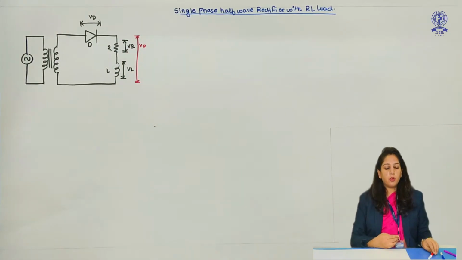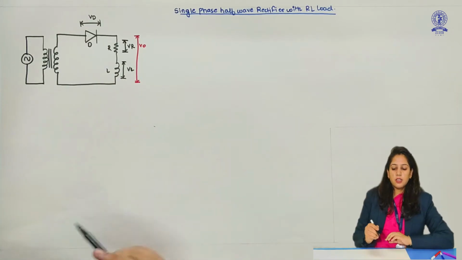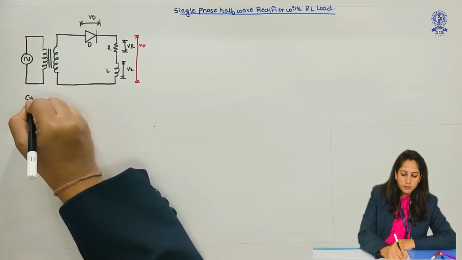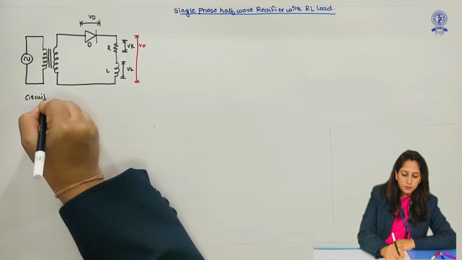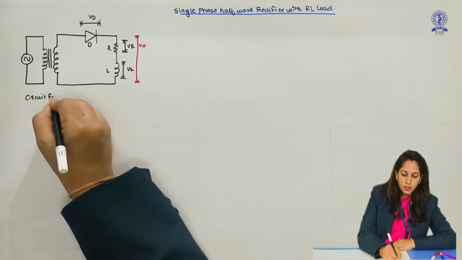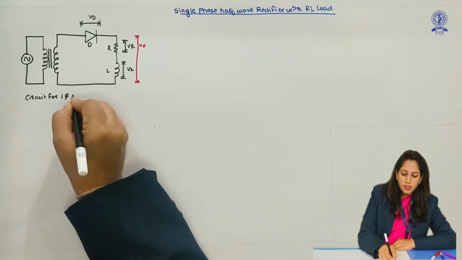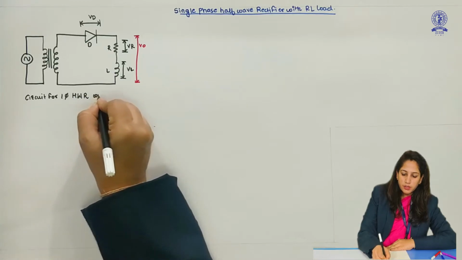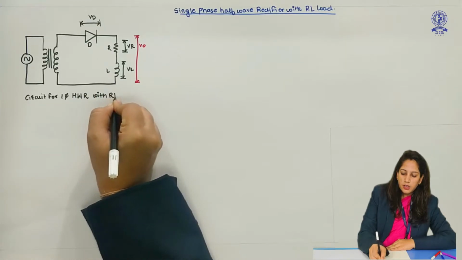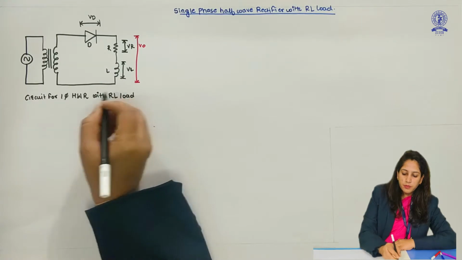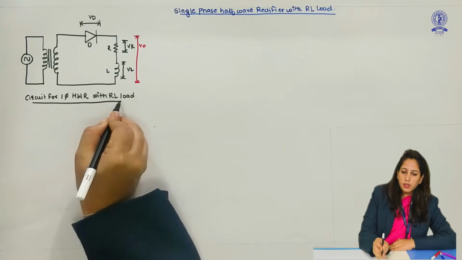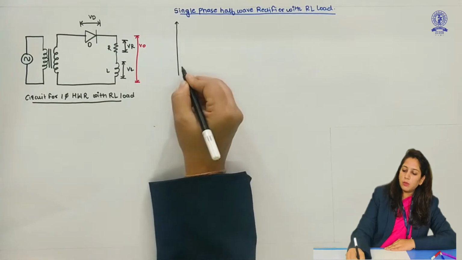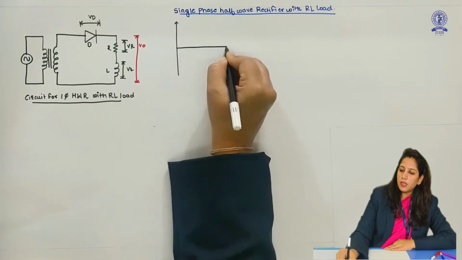So we will first of all see the working of this circuit. This circuit is for RL load, the circuit for single phase half wave rectifier with RL load. Now we will see a few diagrams. With respect to those diagrams, you will come to know. So first we will see